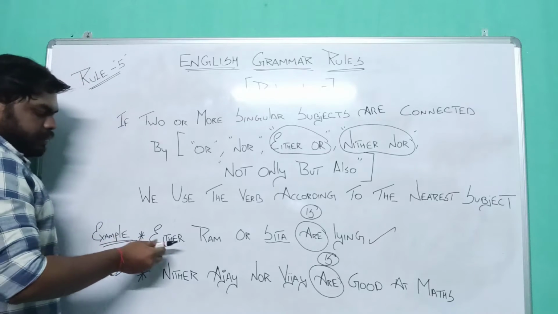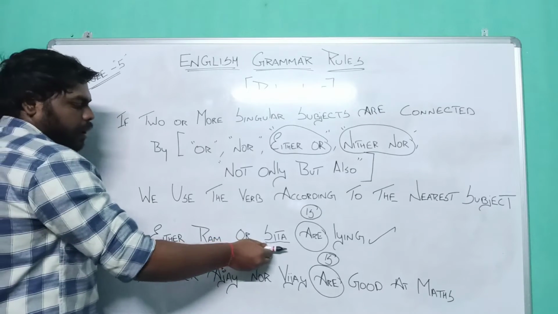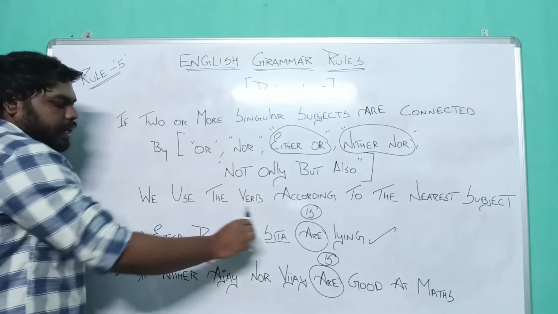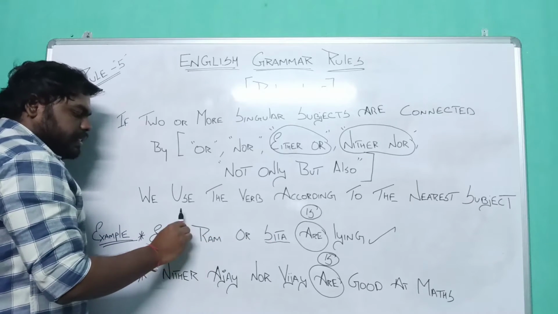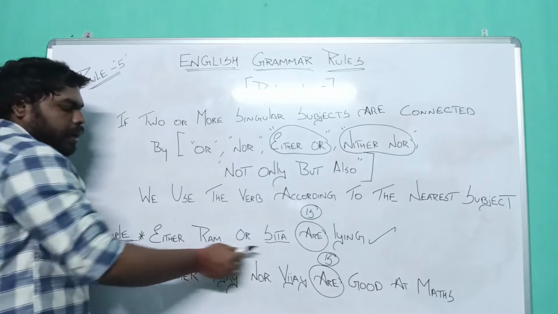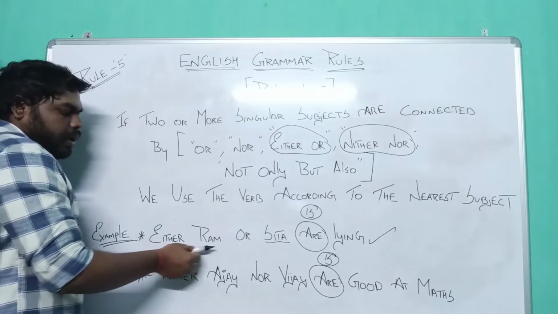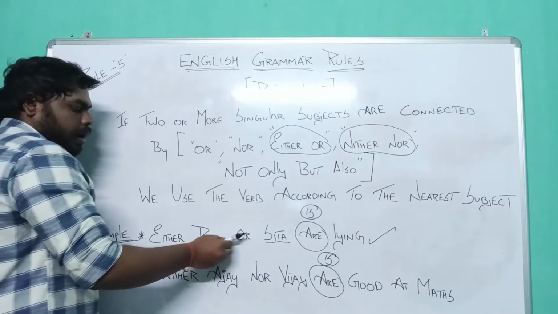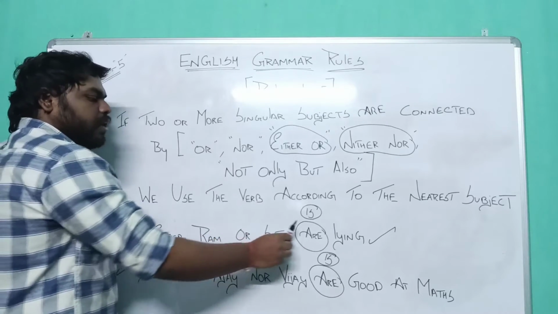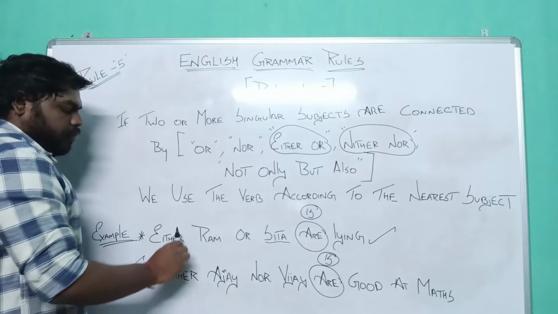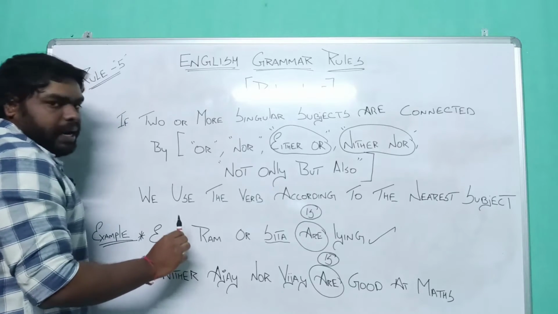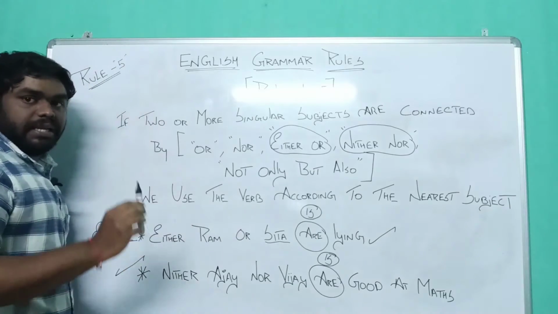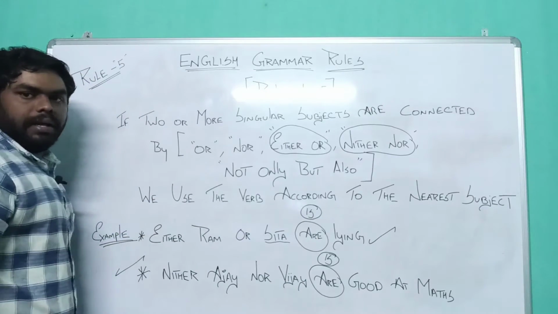What I am trying to say is, with either or, neither nor, we are always talking about one person at a time. This is an individualistic approach. We are not talking about them collectively. We are not talking about two persons at the same time. If we were talking about two persons at the same time, we should be using a plural form, but we are talking about only one person at a time. So we should be using a singular form. This is the logical reason behind this rule, right?